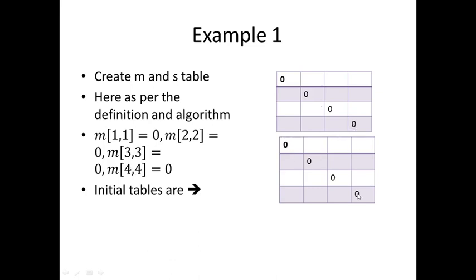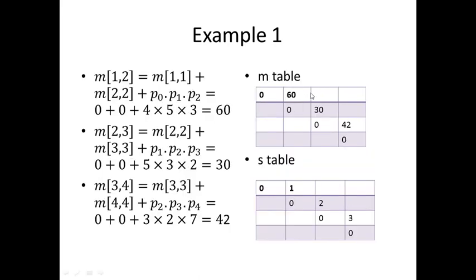And this is actually the S table. If you want, you can leave these diagonal entries. You need not fill anything in the S table. The S table will give you an idea regarding how you have split the original product into 2 subproducts. What is actually the splitting value? This value will help you to put the parenthesis. After the splitting value you should start an opening bracket. Got it?